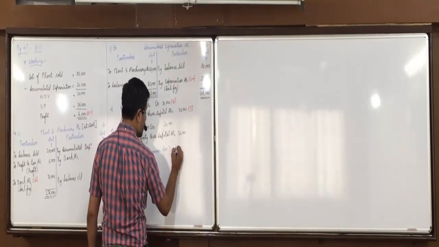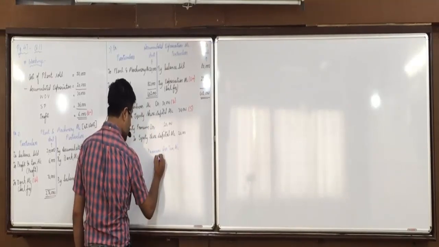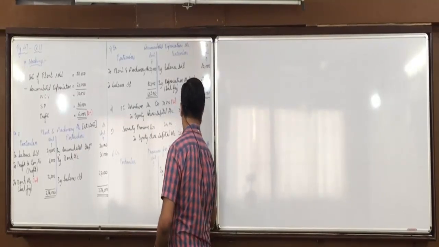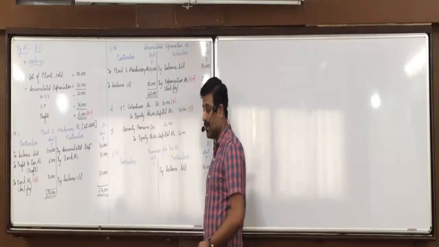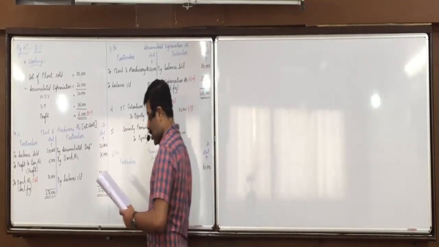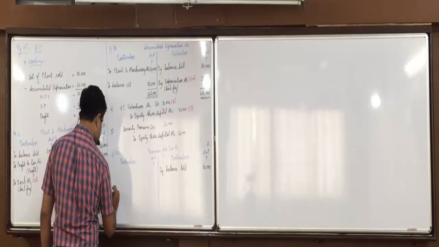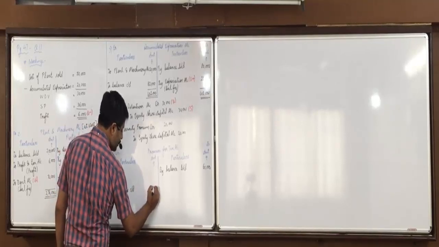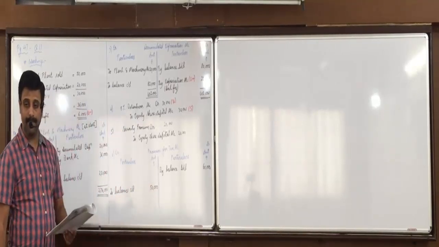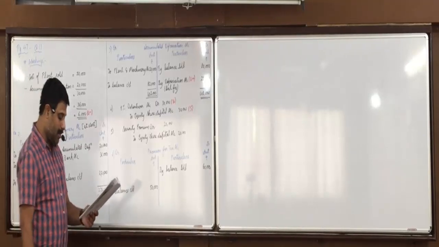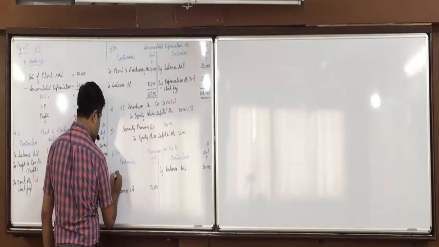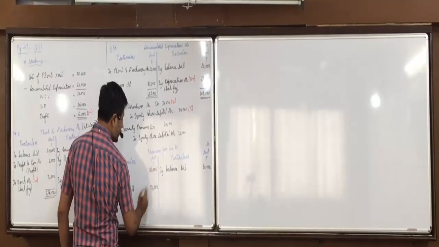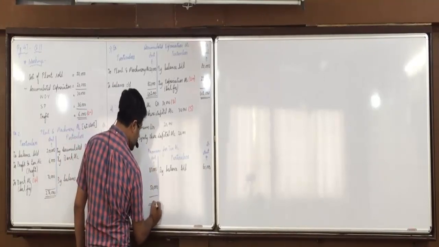Provision for tax account will be made to find the current year's provision for tax. Opening balance of 60,000 will come on the credit side: by balance brought down 60,000. Closing balance of 50,000 will come on the debit side: to balance carried down 50,000. Yes, tax paid 87,000 will come on the debit side: to bank account 87,000.